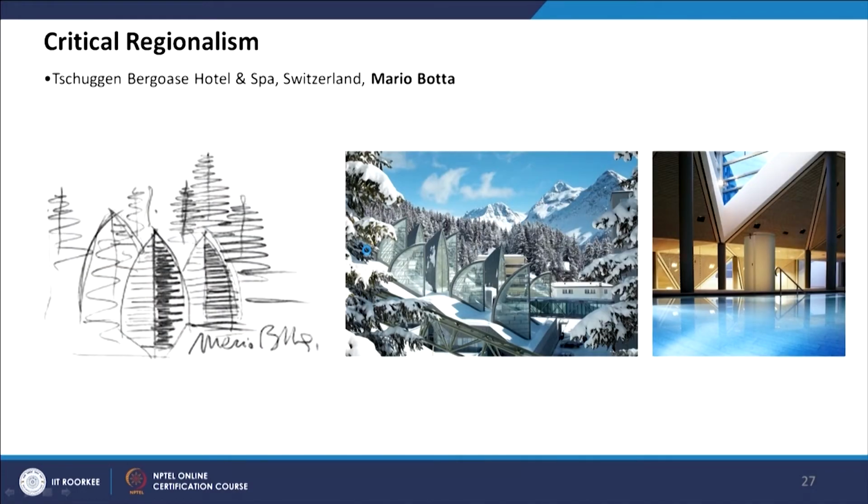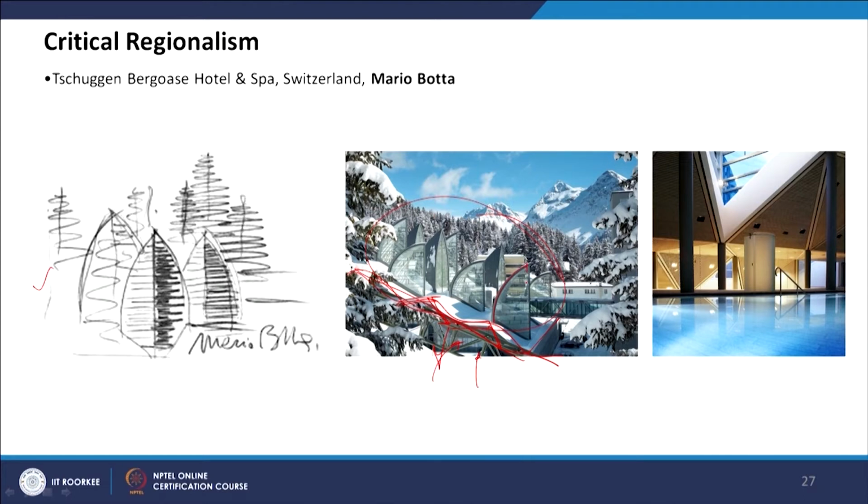His other design is a hotel and spa in Switzerland. If you look clearly at the concept of this design, this hotel and spa is under this, which blends with the terrain of Switzerland's snow-clad land, and all these elements, these trusses, are giving a natural look of this terrain, which is not a straight line. All these bricks are there. You don't see the actual spa and hotel. The main visual focal point is the skylights of this spa and hotel.